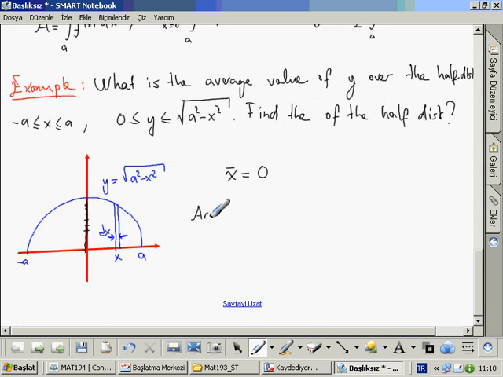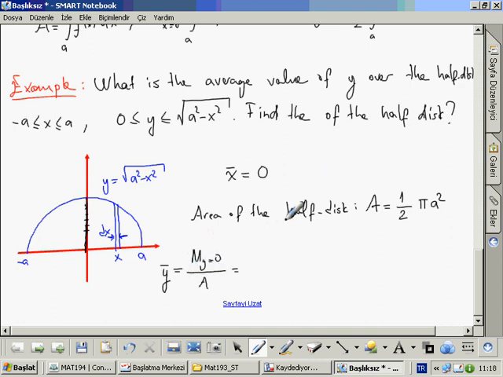and the area of the half disk is easy, which is A equals pi times a square times 1 over 2, and the average value of y over the half disk is y bar, it equals M_x over A, and it equals 2 over pi a square times 1 over 2 times the integral from minus a to plus a of a square minus x square del x,